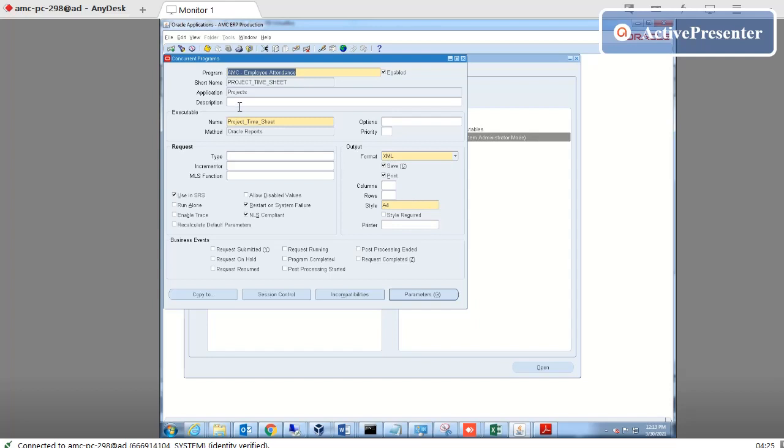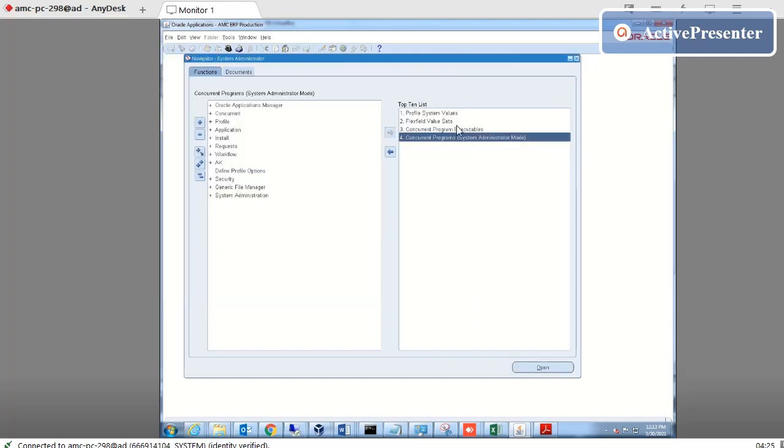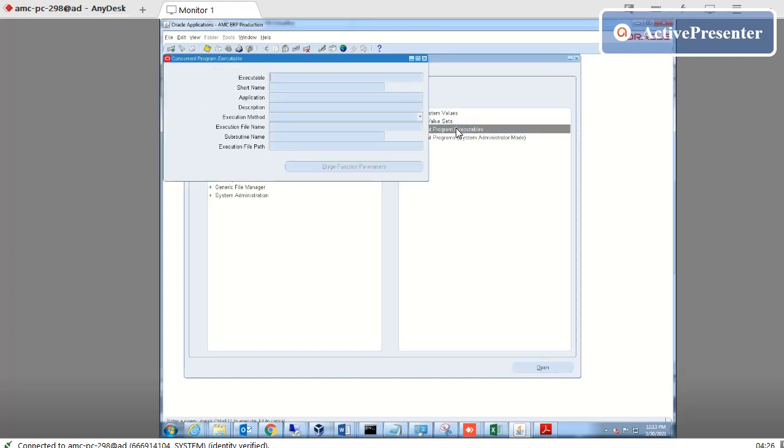Okay. The execution file, the RDF report. Let us check the RDF report here. This is in project module, and this execution file name is project timesheet.